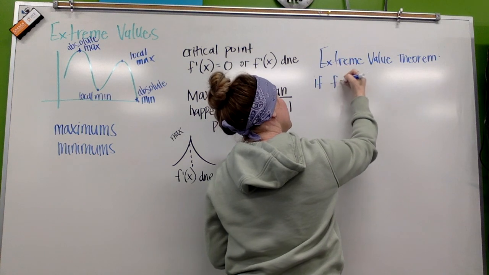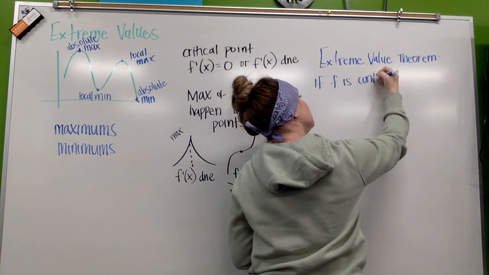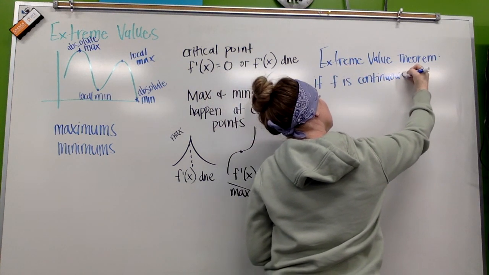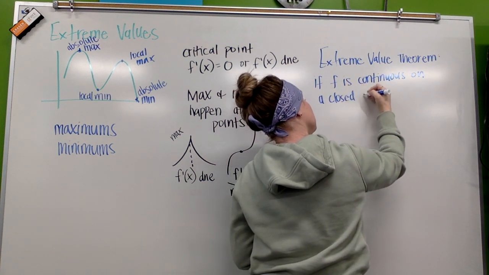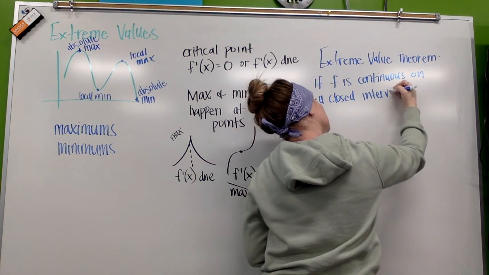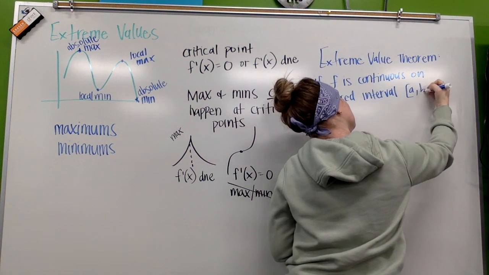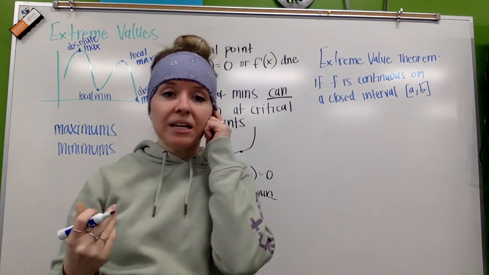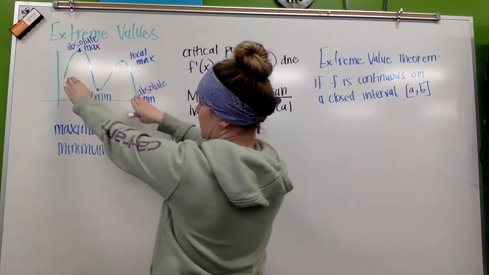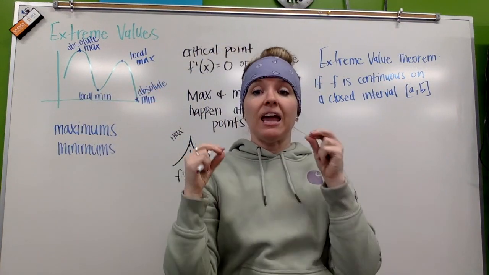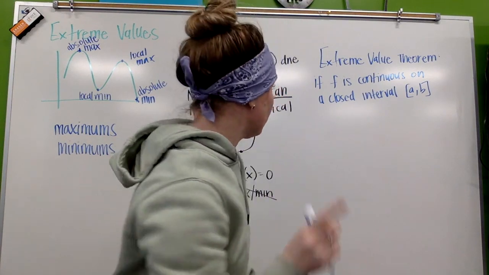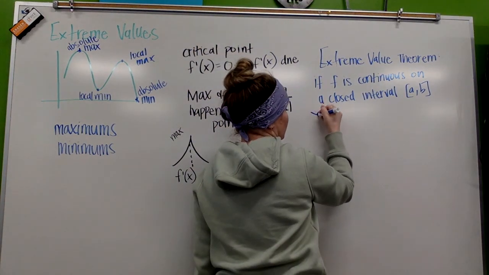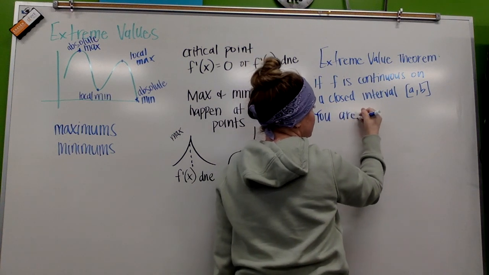If f is continuous on a closed interval from a to b, so instead of being continuous, it's closed, similar to this. You have endpoints. Okay? If your function is continuous on a closed interval from a to b, then you are guaranteed